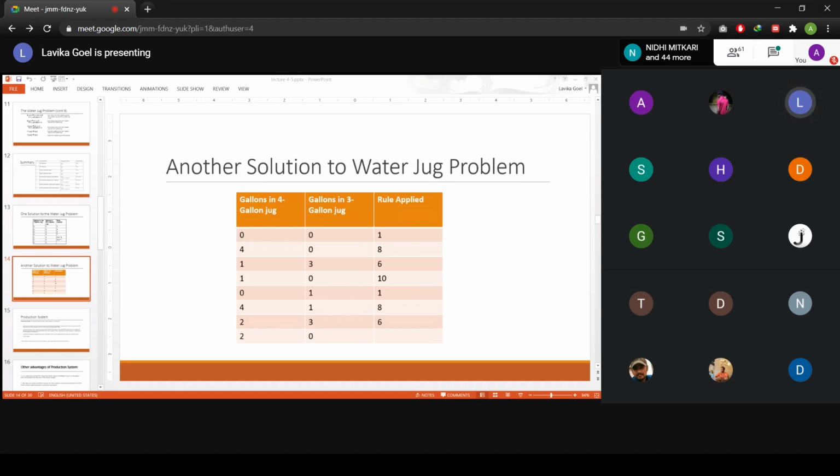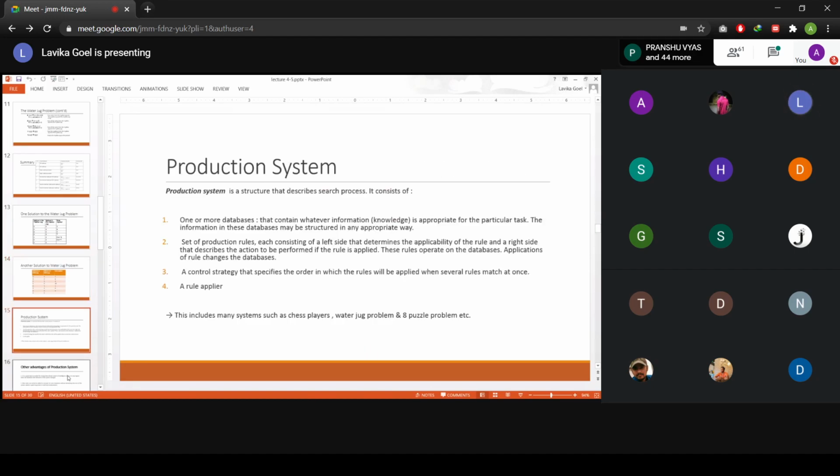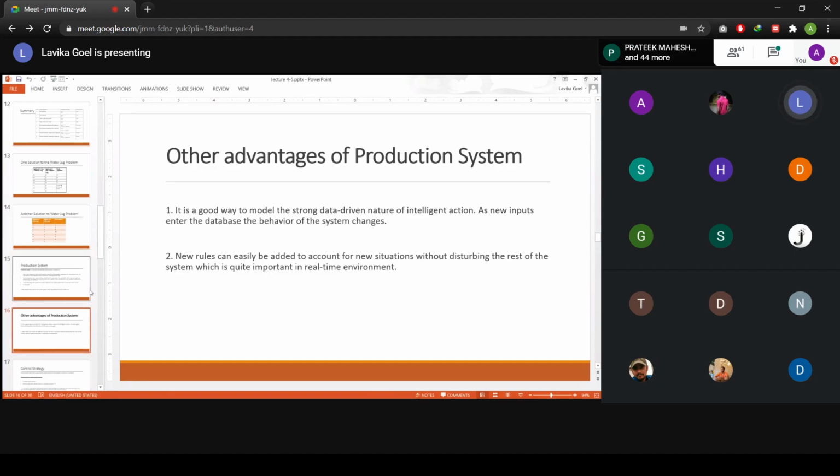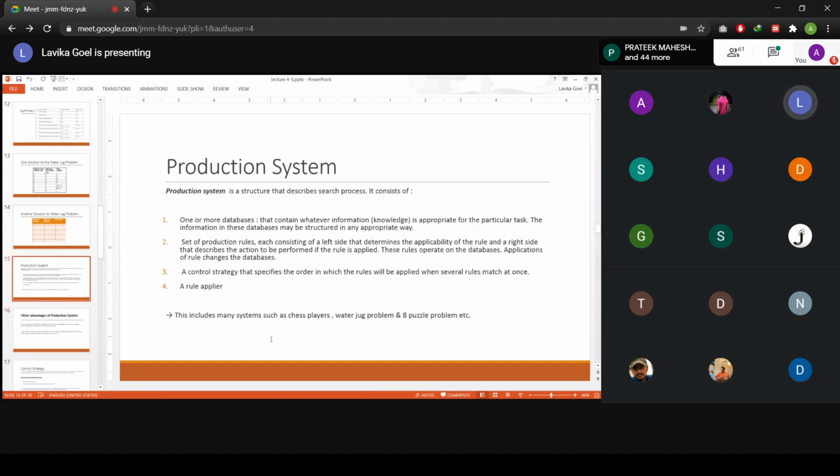So that control strategy plus your production rules plus your domain knowledge, whatever you are having, that will become your complete production system for the water jug problem. So a production system is basically there for different games like the water jug problem. We have studied how to design a production system for the water jug problem. Like this, you can have one for chess also. You can also design a production system for chess and the 8 puzzle problem and so on. We will study what the 8 puzzle problem is in later classes. So for all these problems, you can design a production system.